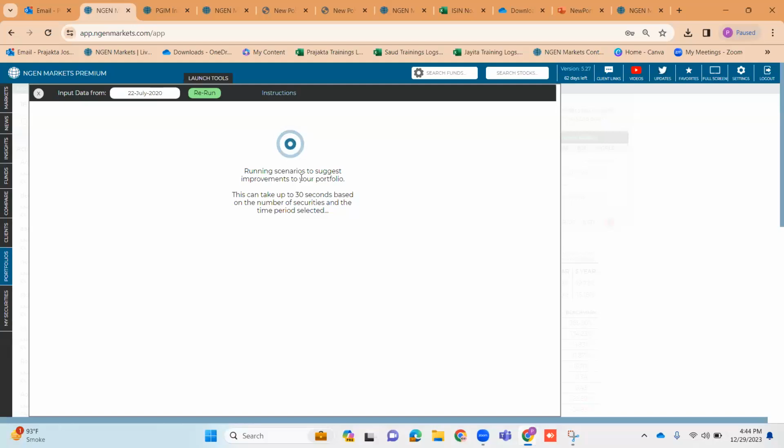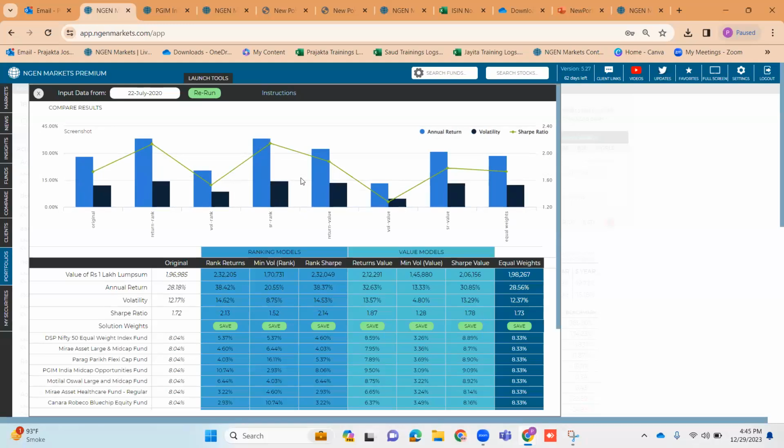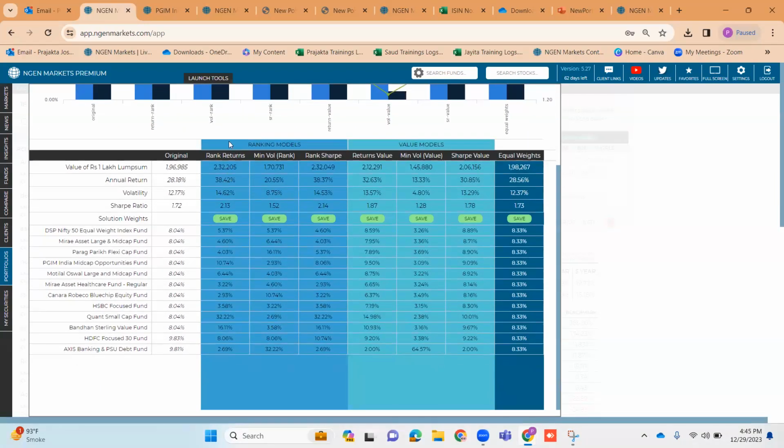सो ये जो हमारा रैंकिंग मॉडल्स होता है वो कॉन्सेंट्रेटेड अप्रोच फॉलो करता है। ऑन दी अदर हैंड जो वैल्यू मॉडल्स है वो थोड़ा बैलेंस अप्रोच फॉलो करता है। नाउ लेट अस टेक एन एग्जांपल। ये जो फर्स्ट कॉलम है, आप कंपेयर करिए सिर्फ रैंकिंग रिटर्न्स का और रिटर्न्स वैल्यू का, ठीक है। इन दिस केस रैंकिंग रिटर्न्स वाले मॉडल ने सबसे हाईएस्ट एलोकेशन किसको दिया है, क्वांट स्मॉल कैप को दिया है 32% एलोकेशन। क्यों दिया इसको, क्योंकि इन दिस लिस्ट ऑफ फंड्स क्वांट ने सबसे ज्यादा बेहतर रिटर्न्स जनरेट किए, देयरफॉर इट गॉट रैंक